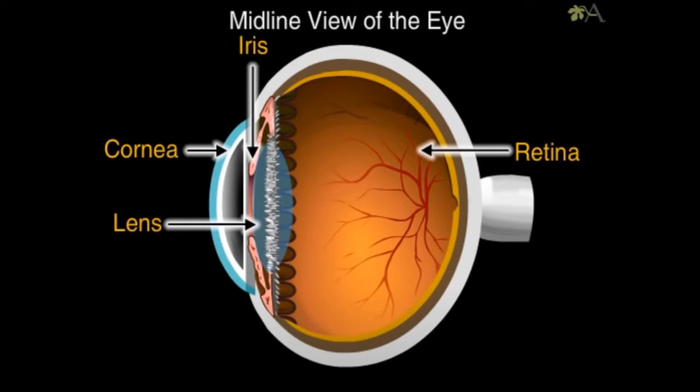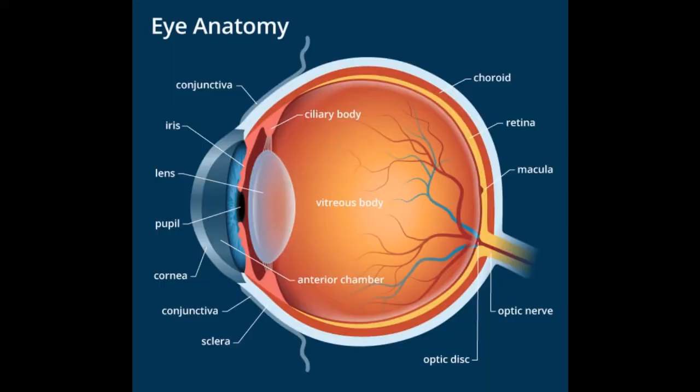to your brain. In the center of this nerve tissue is the macula. It provides the sharp central vision needed for reading, driving, and seeing fine detail. Finally, the optic nerve carries nerve impulses from the retina to the brain. Now that you have a basic understanding of the anatomy of the eye, I'll describe common conditions associated with eye